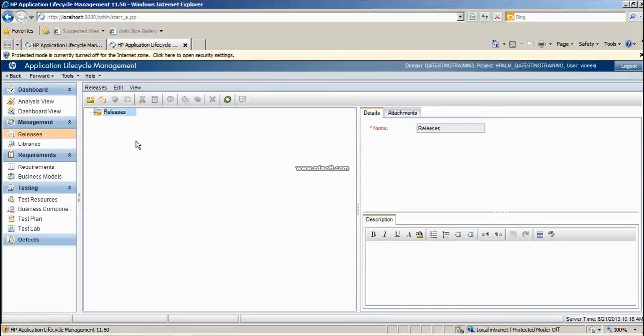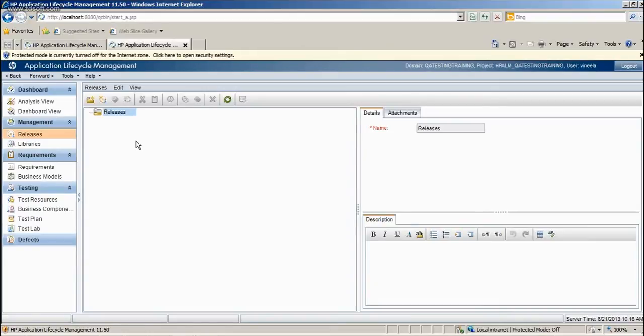How we will create a release. So what is a release all about? The company would have planned to go for a release for some product. They will give some name for this release, and they will name something for the product.